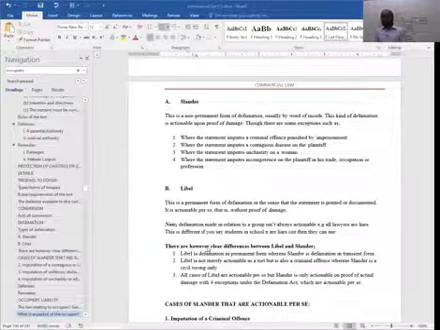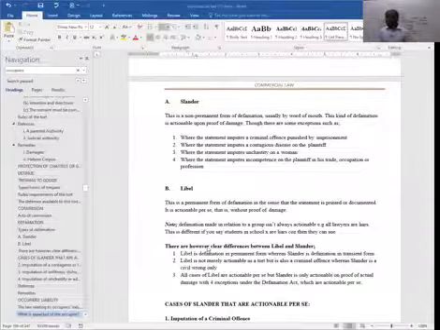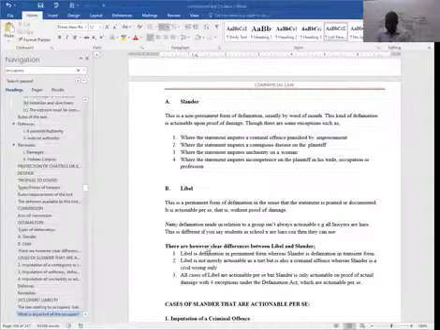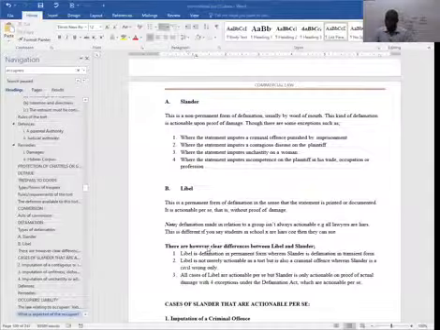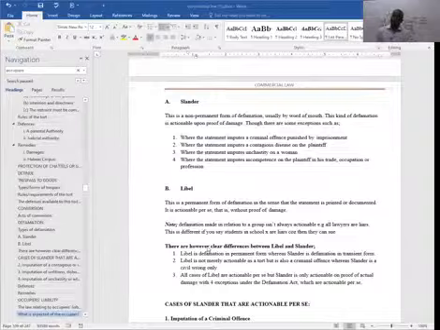Then all cases of libel are actionable the way they appear, but slander is only actionable on proof of actual damage, with 4 exceptions. So under slander, you have to prove there was damage. Under libel, you don't have to prove there was actually damage, because this one is in a permanent form. It will remain in that particular newspaper that can be read for even over 100 years or maybe over 50 years. People will be making reference to it because it is in a permanent form. So you don't have to prove there was actually damage or injury caused for you to be able to bring such an action in a court of law.